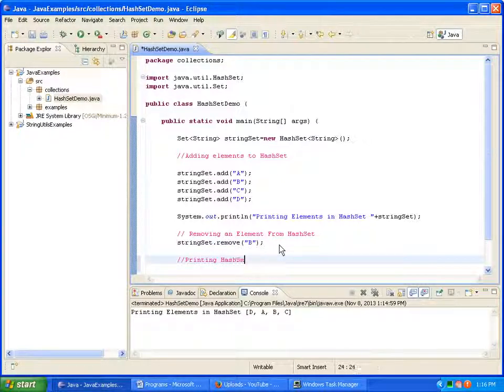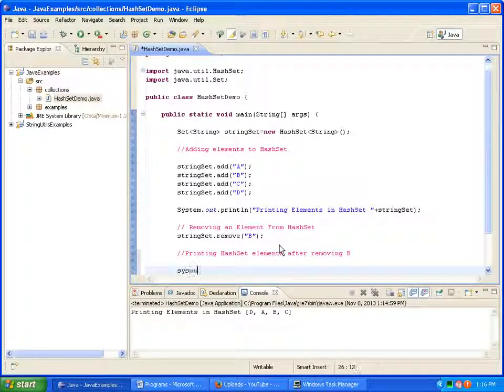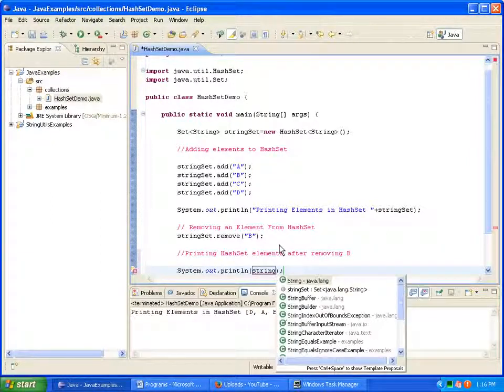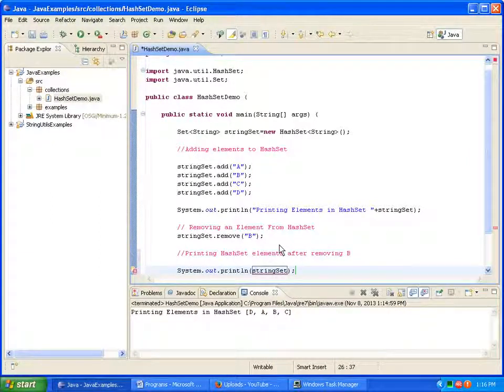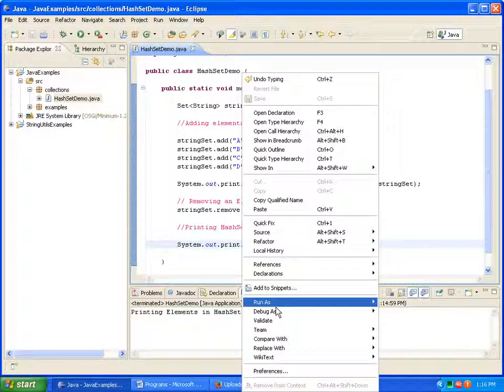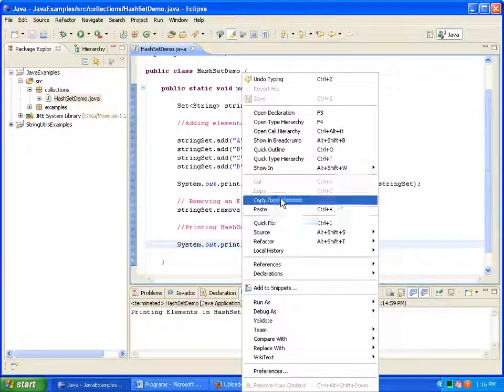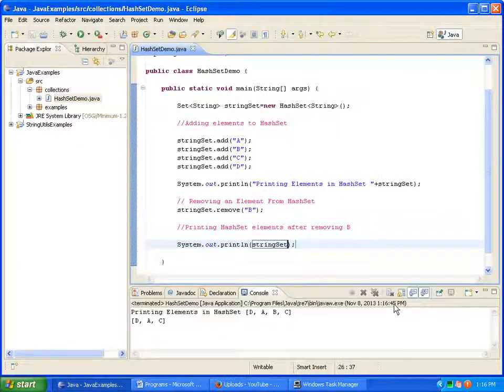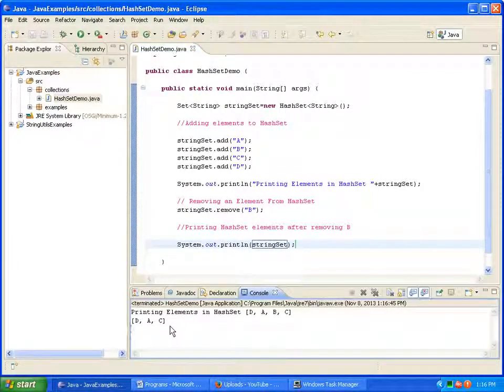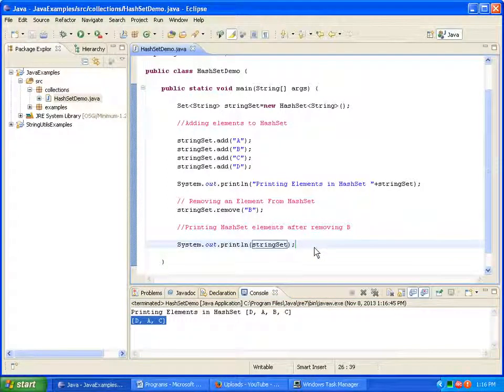Printing hash set elements after removing b. So I am printing this stringSet. See, in the next output, we have only D, A, C. We have removed B.